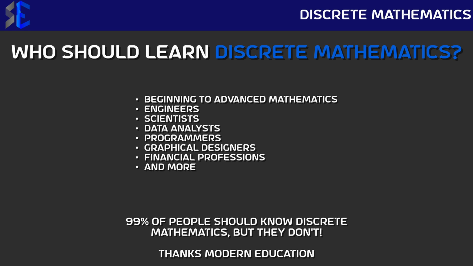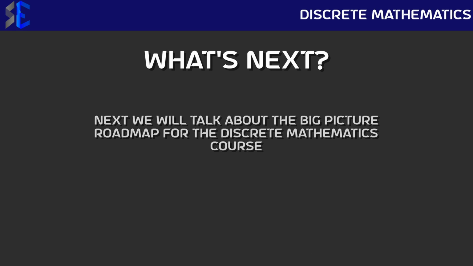So the next question may be, who should learn discrete mathematics? Well, really everyone should learn discrete mathematics. At many points in people's lives, they will come into contact with a situation in which discrete mathematics greatly helps. The listed professions, along with every single person who graduates high school, should have some exposure to discrete mathematics, which is one of the many areas in which the modern education system falls short because they do not teach it to their students. So, in outperforming the modern education system, we will continue teaching the subject of discrete mathematics.